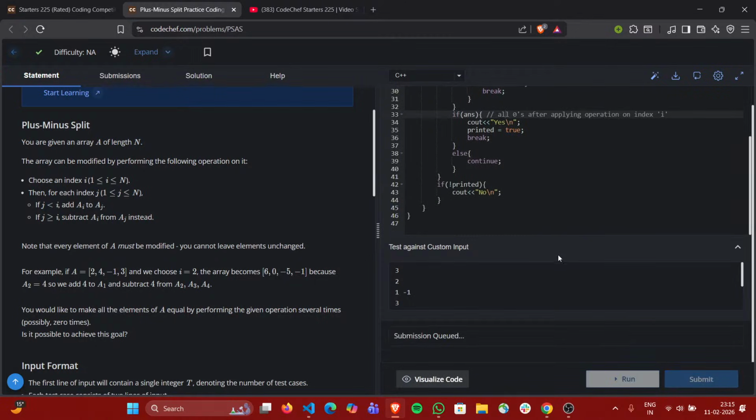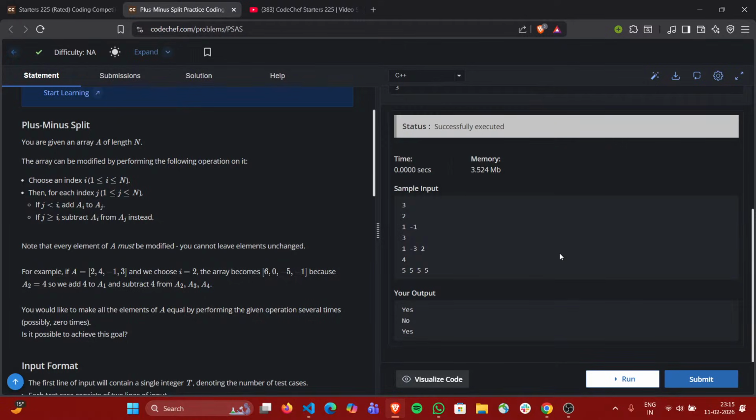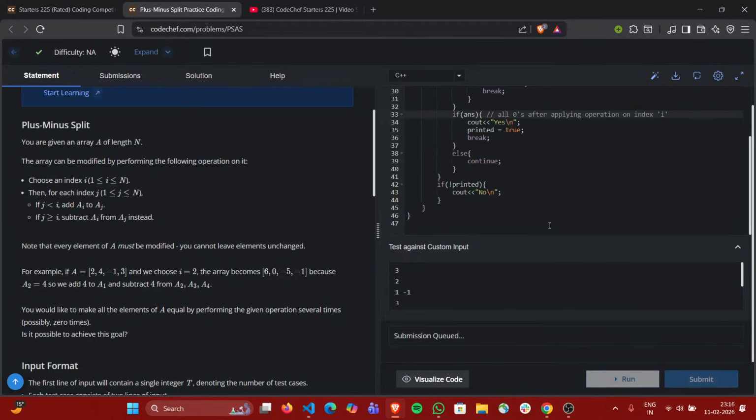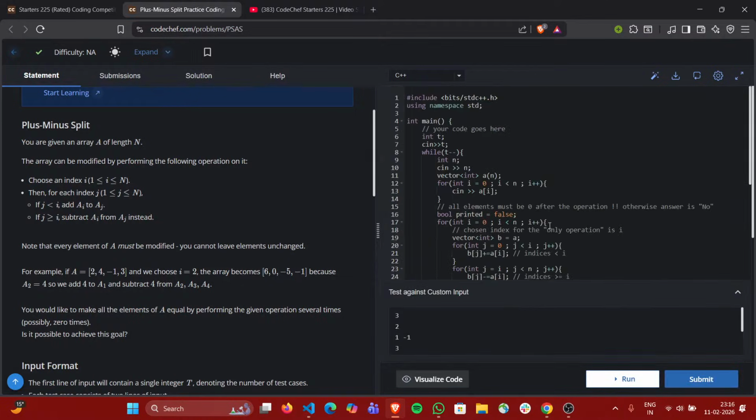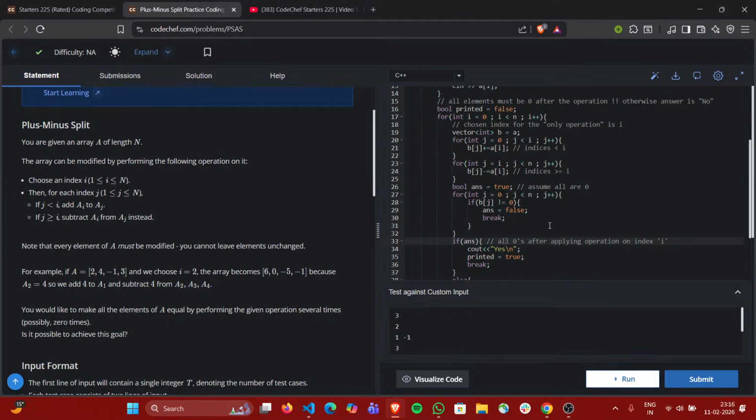So this is the code. Let's run this. Yes, no, yes. Let's submit this as well. That's the answer. So yeah, this was the main concept of the question. That first of all, you must realize that only one operation is needed. Why is one operation needed? Because after one operation,